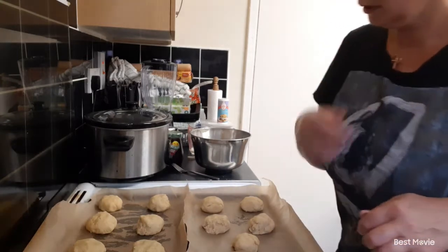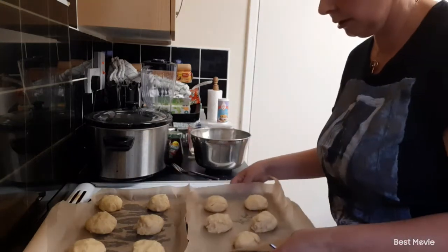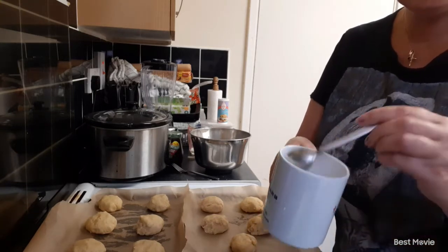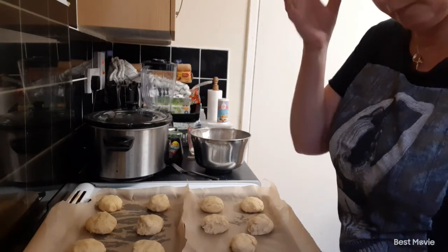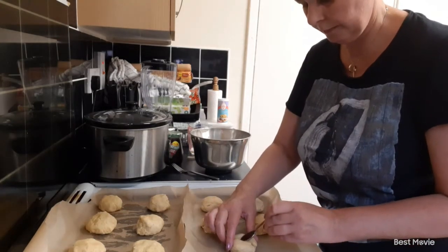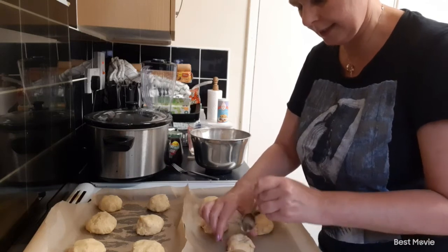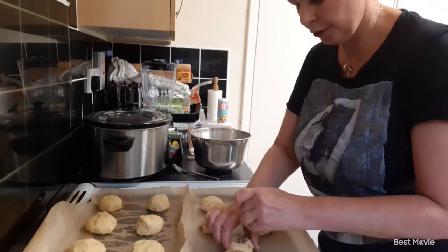There we go. So as you can see, I've done them into little round balls, and then I've just got some warm water and a little spoon, just so it's warm. And then just in the middle, just make a little circle, a little hole, because that's going to be your pocket for your raspberry jam, strawberry jam,